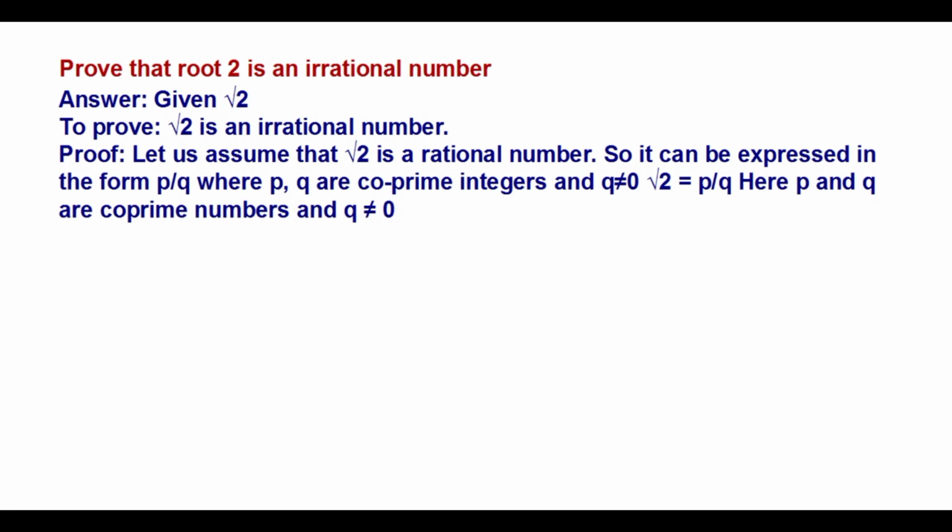We will do some model here, some steps we will follow here. With those steps, we can prove our assumption. What is our assumption here? Root 2 is rational is our assumption. So root 2 is not a rational, we will prove that. If it is not rational, then the next option is irrational. Okay, so we are going to prove root 2 is not a rational number.